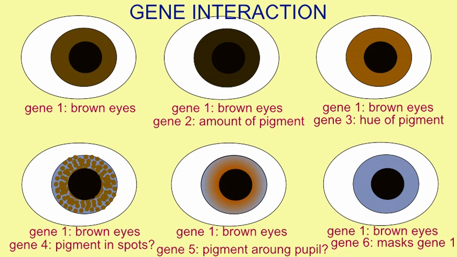Then finally, there may be other genes which are capable of masking this first gene, so that even though an individual possesses alleles of a gene to give them brown eyes, the alleles of a different gene can mask those, so that they will then possess blue eyes, but be able to pass down the gene for brown eyes to their children. And so because multiple genes can interact to produce a phenotype, individuals who all possess the same alleles for brown eyes could nevertheless possess different colors in their iris.